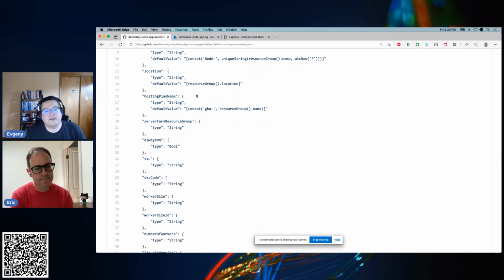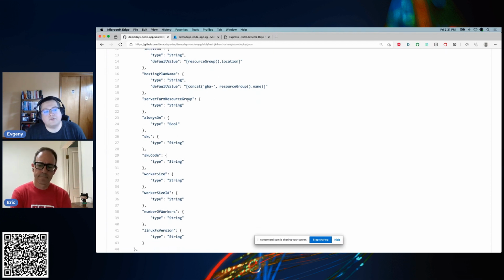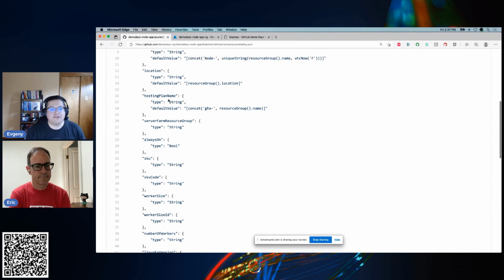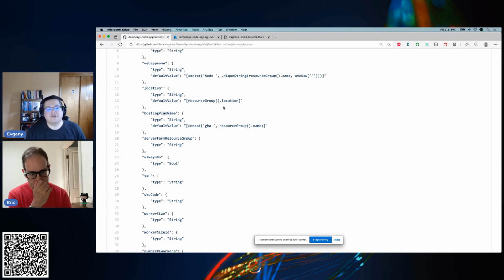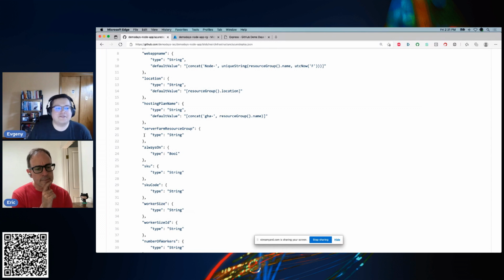Hosting plan name, again, this is kind of what the resources are being powered by. So sort of what they're tied to from a resource management and also billing management perspective inside of Azure. That's also, so server farm, resource group, so server farm, if you're not familiar with that concept, that's a grouping of servers within a data center, right? It's sort of what it sounds like. It's a bunch of servers all in one place, right? And so this, again, is a concept that bridges data center and cloud, because guess what? Clouds are actually data centers behind the scenes, right? It's just somebody else's computer.